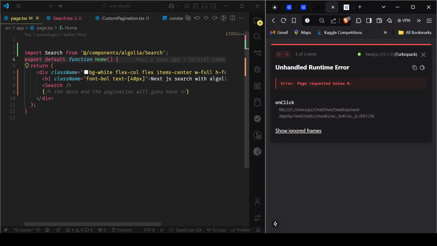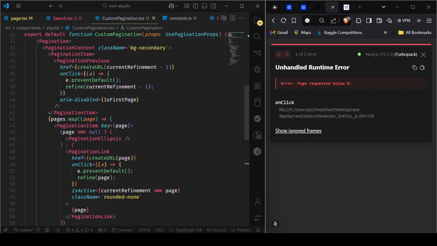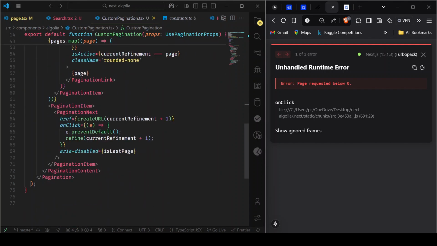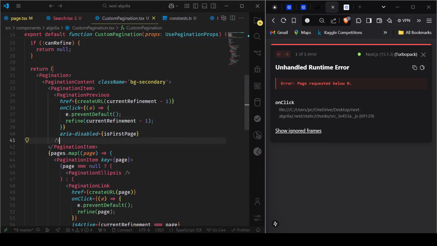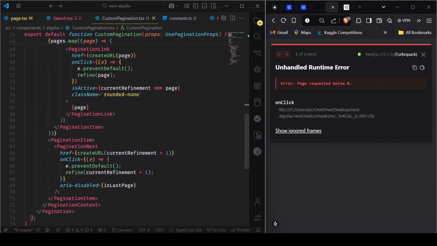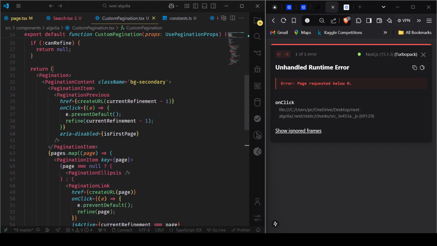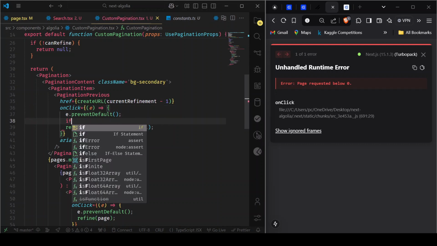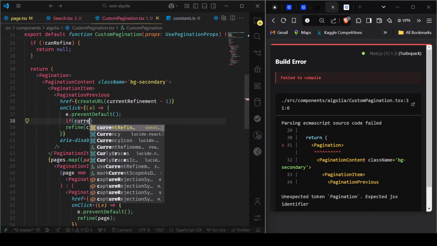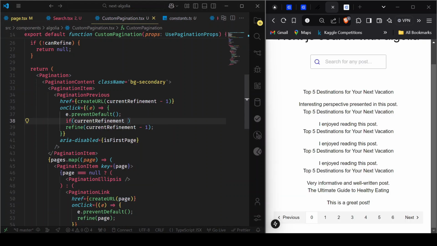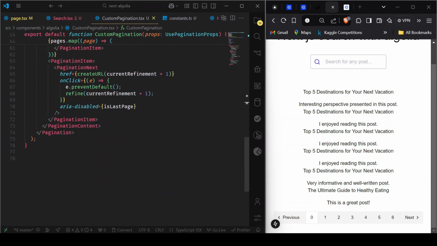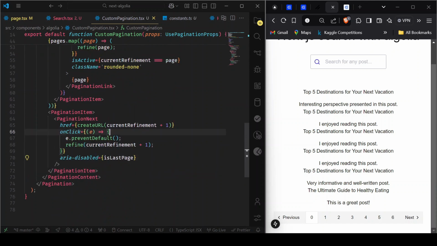Page request is below 0, so go to the pagination and go to the next button. What is, okay, the next button or the previous button. Okay, if current is equal 0, return, and the problem is solved, and like this. Here as well,